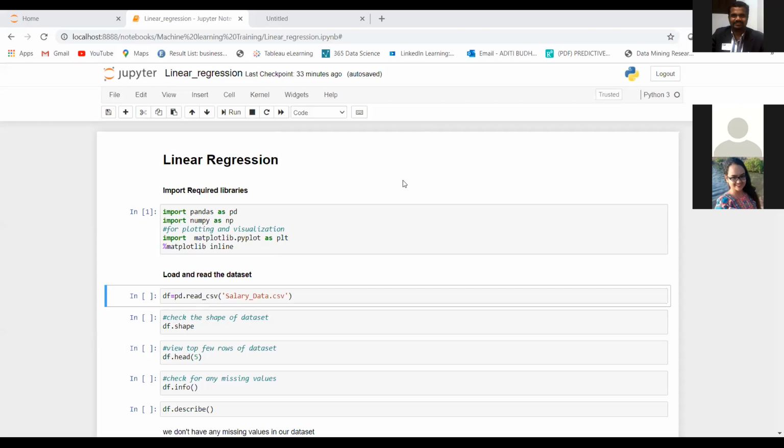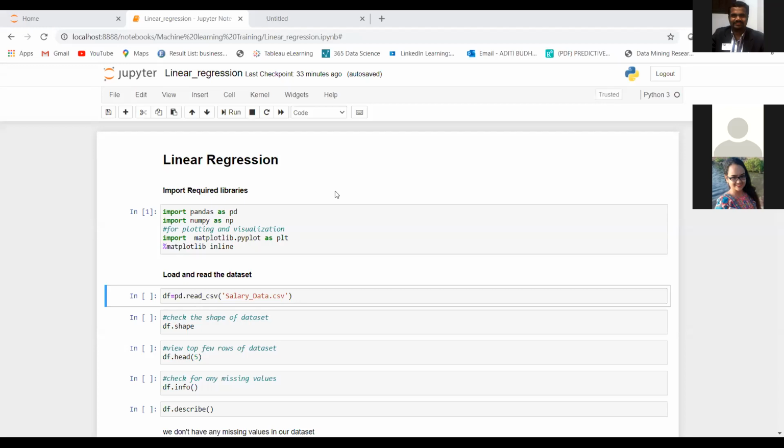In the last class we also studied that we need a continuous variable as our output variable in order to apply linear regression. So whenever you have to predict some outcome which is continuous in nature, you might want to think about applying linear regression.